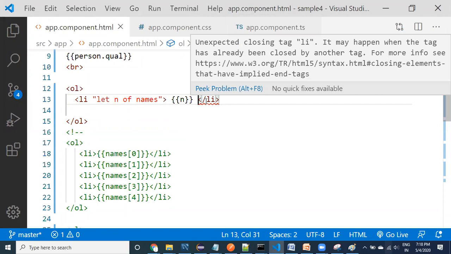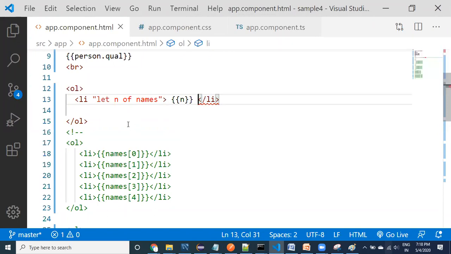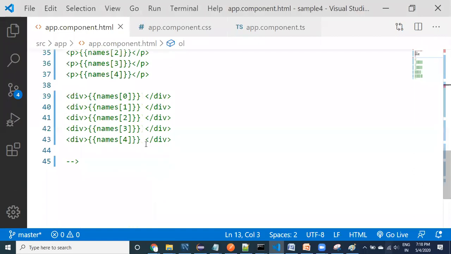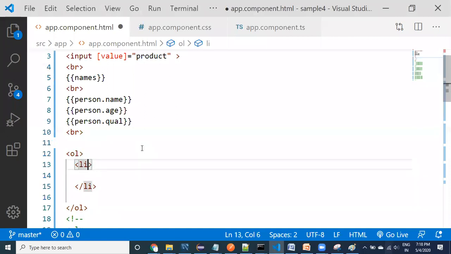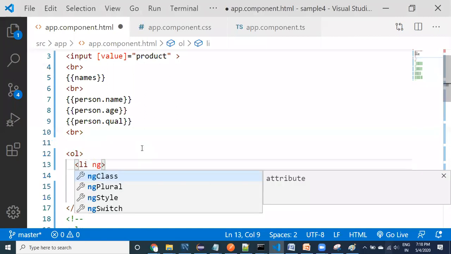We should not use OL because we have to use OL only once, right? So let me take LI, the list item. Inside the list item, we have to provide ng.